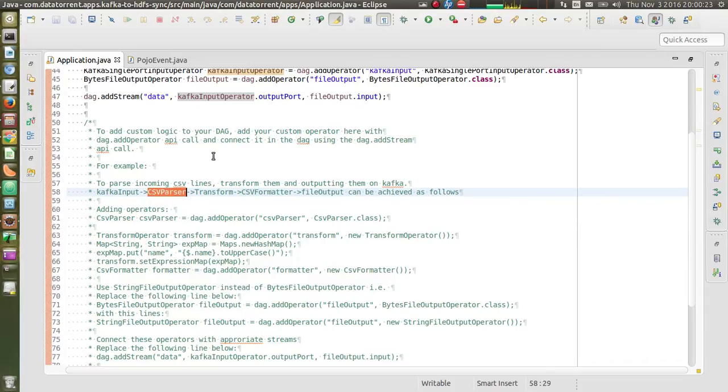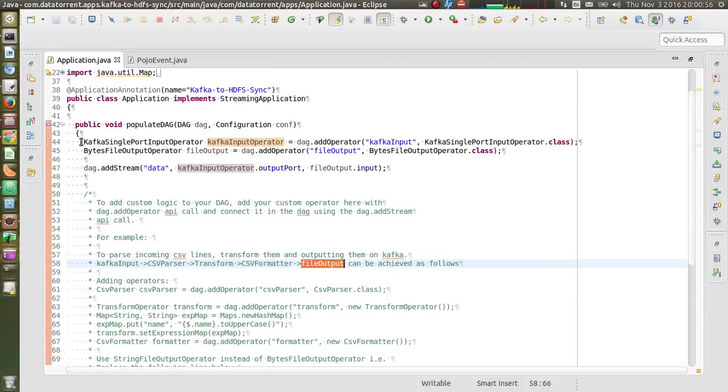Then we parse these records using delimited parser or CSV parser. Then we transform this record to convert the name field to uppercase. Then we will format these objects and convert them into strings. For that we will use CSV formatter or delimited formatter. Then we will write those strings to file output.